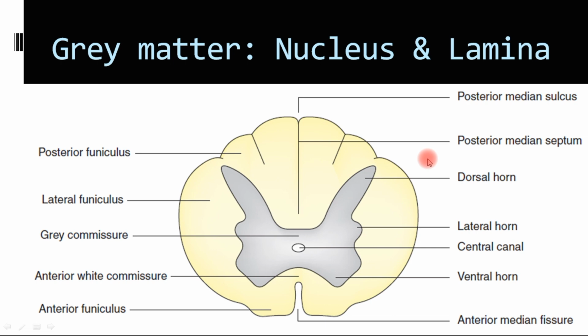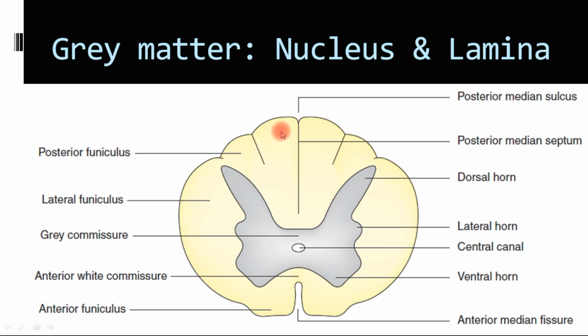Okay, so the spinal cord is basically divided into two divisions. For the purpose of our study, we'll divide it into white matter, which you can see outside, and an H-shaped gray matter. This is the transverse section of the spinal cord, and you can see the first and major division: it can be divided into white matter and gray matter. The gray matter you can see inside, and the white matter outside.